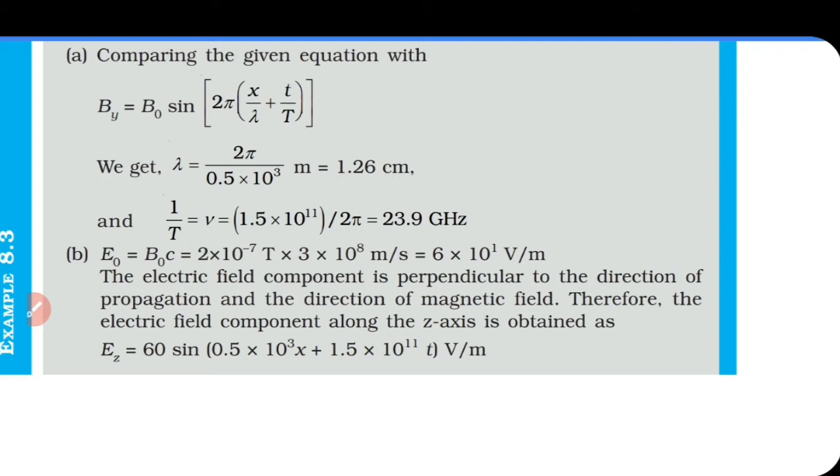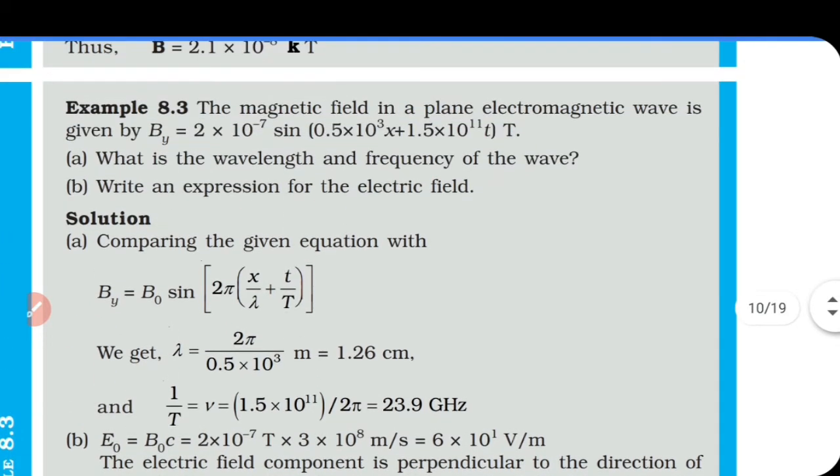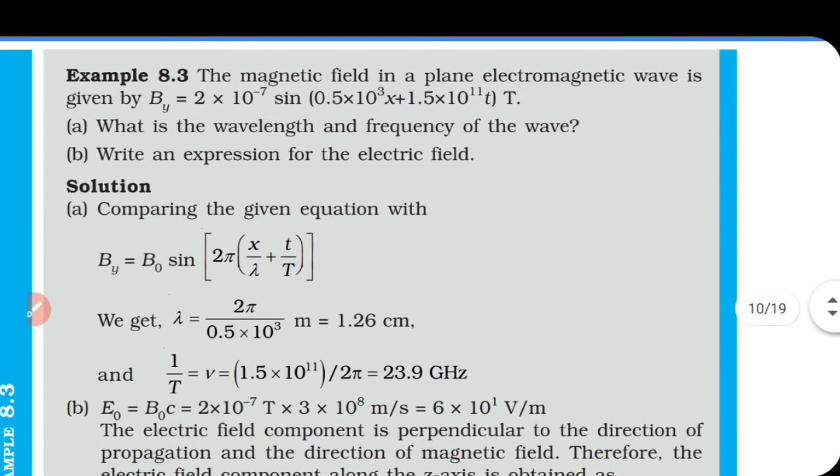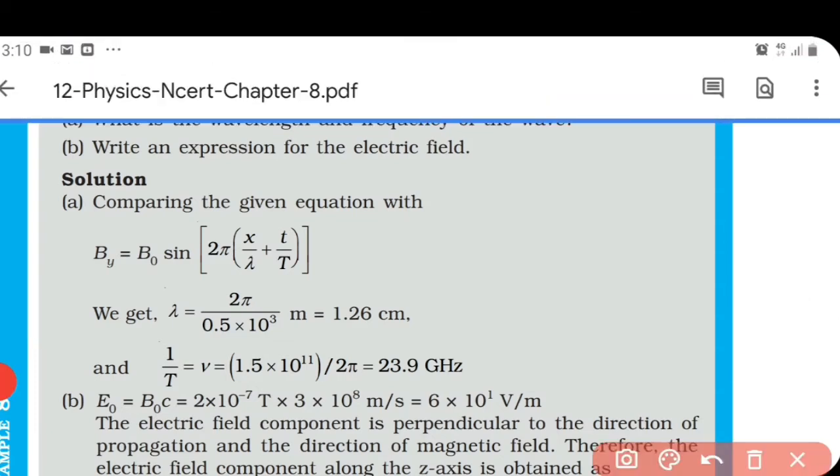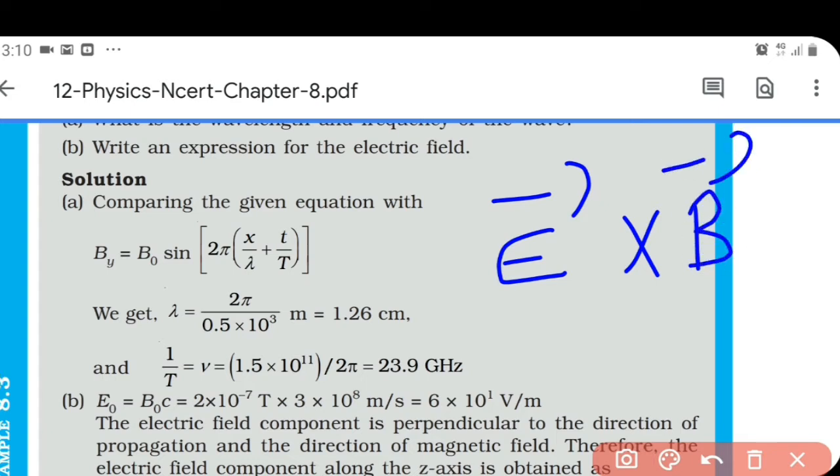How do we get Ez? That also is there because here it's given the wave is traveling in the negative x direction, and as I said, the direction of propagation of the wave is in the direction of E cross B. So here the electric field we don't know, so that is dash, and the magnetic field is in the y direction. Y direction means j cap, and the direction of propagation of the wave is minus i cap because kx plus omega t shows a wave which is propagating in the negative x direction. So, minus i cap it should be.